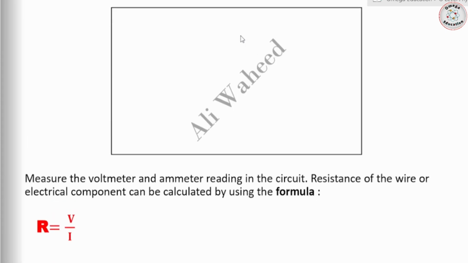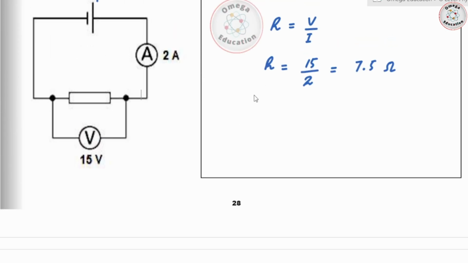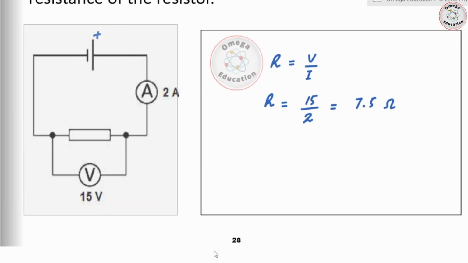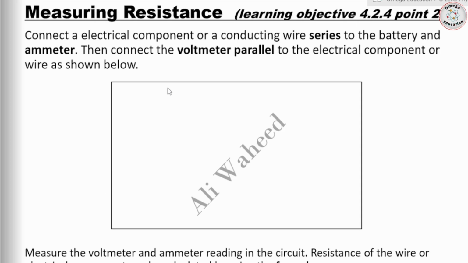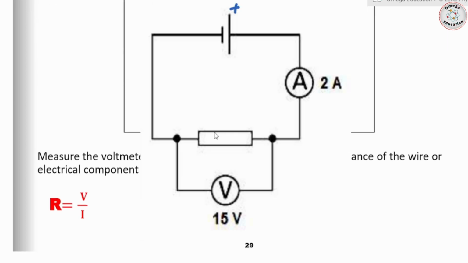So all you have to do is to construct a circuit here. It would pretty much look like this one. So all I can do is just copy paste this one. Copy that one, and I'm going to paste that one over here in the box. So this is the circuit that you need for the calculation of resistance